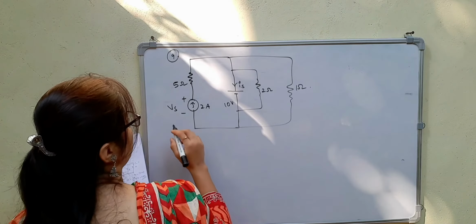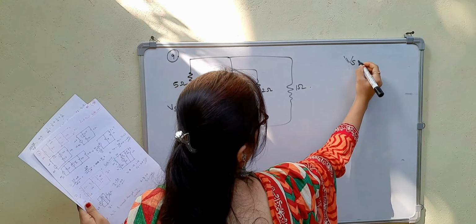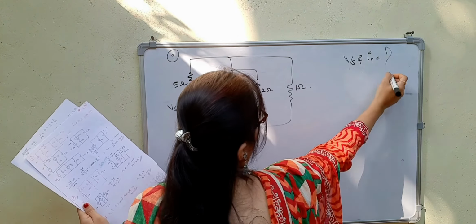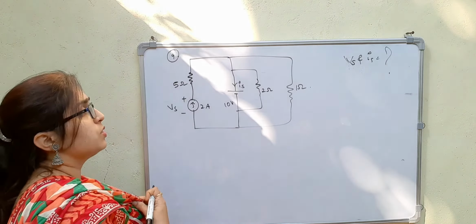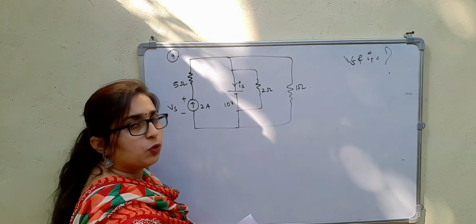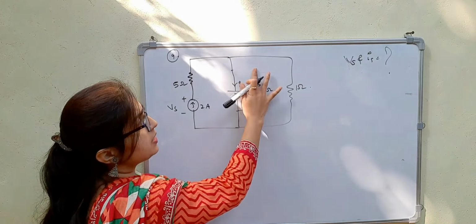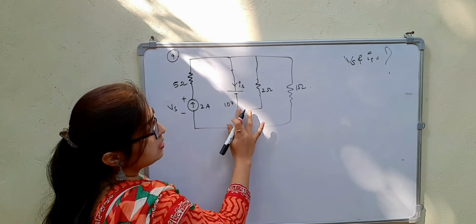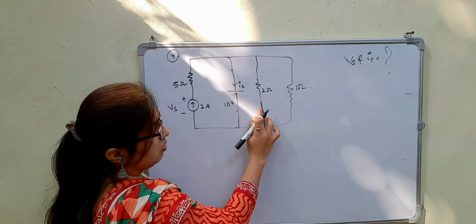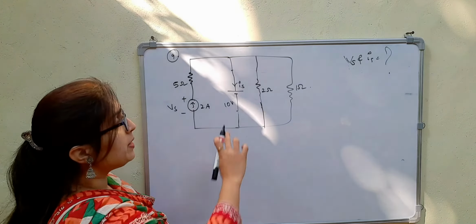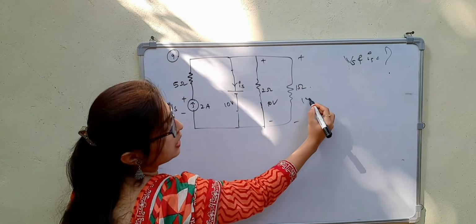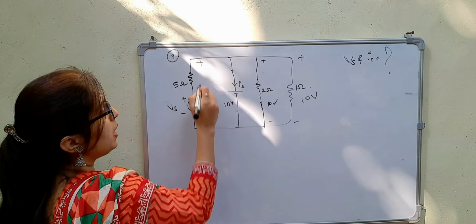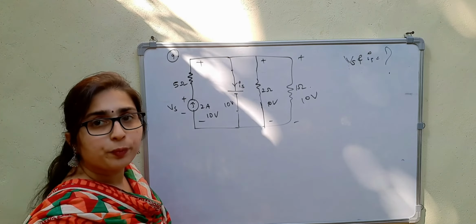So we have to find the value of Vs and Is. In this question, we have to find the value of Vs and Is. So this is connected across the voltage source. That means they will be having the same voltage. So we can also write this like this. That means this 10 volts, it will appear across this also. This will appear across this also. This will appear across this also, right?